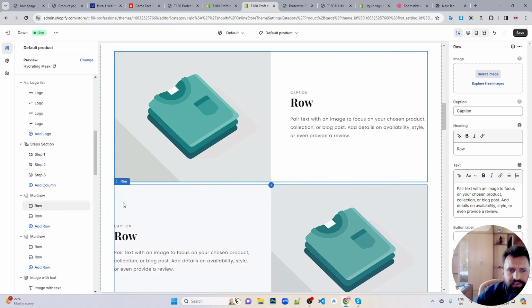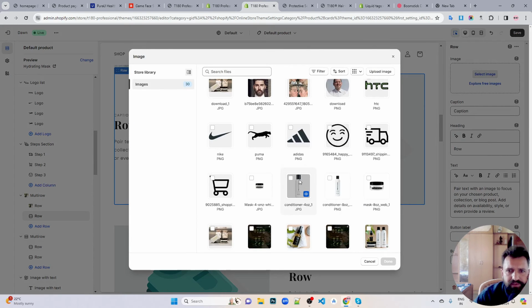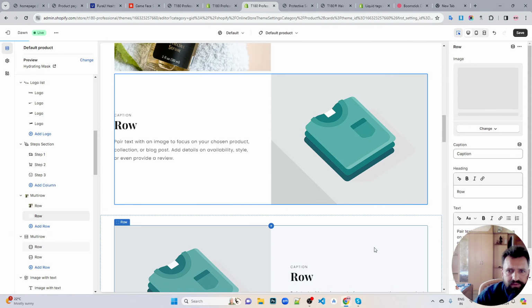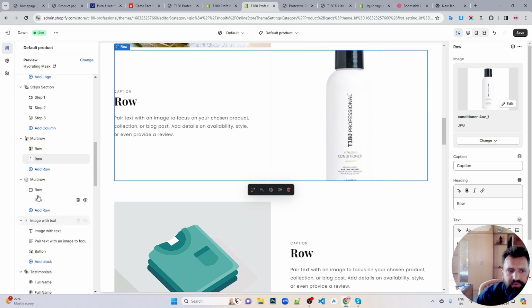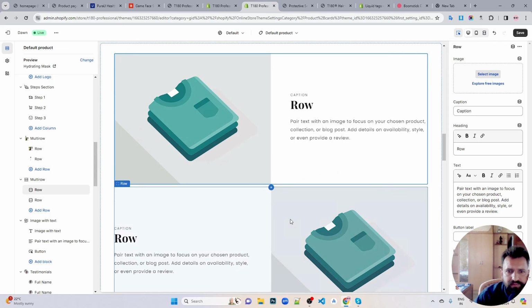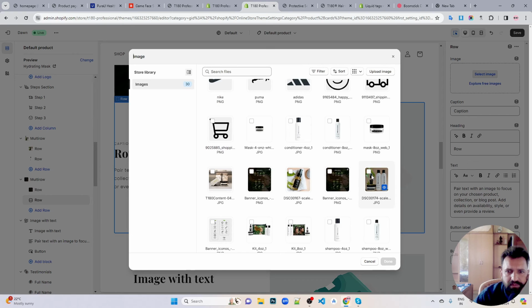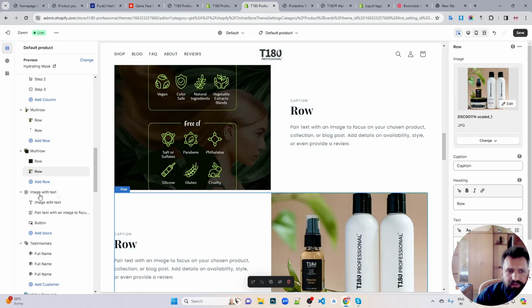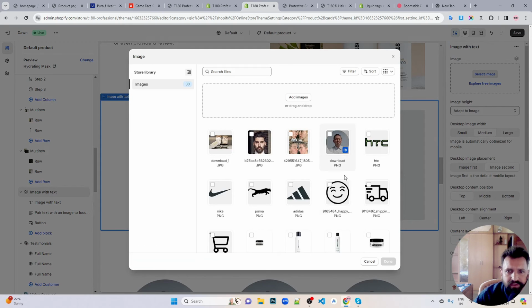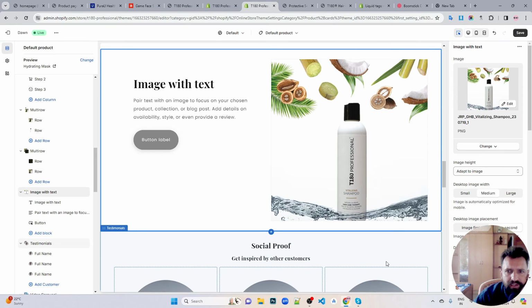We'll put this image, we will put the other image, and then we'll put this image, and then we'll put that image, and then in image with text we will put some other image, this image. Okay, and